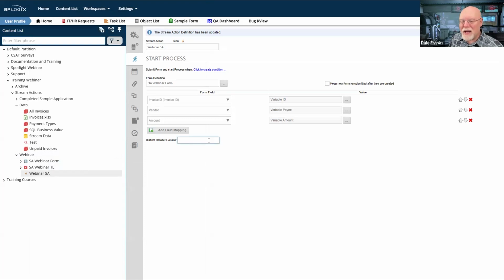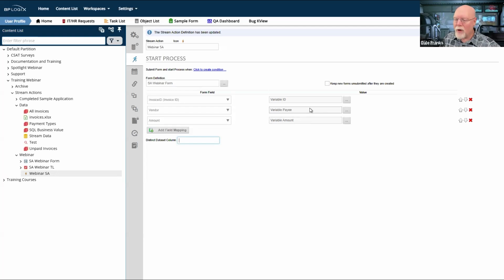The select distinct data set column, it's not something we're going to use here because we don't need to. If you are a SQL person and you understand what select distinct is, if you put in the name of one of the columns in your data set, like amount or payee or ID, and let's say there are multiple records for a payee, and you hit select distinct, it will select a single record for that payee instead of repeating it 4 or 5 times.